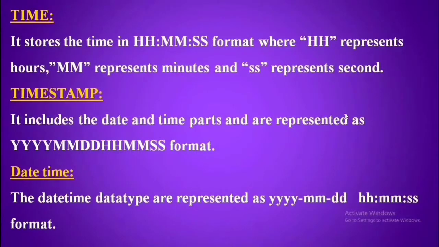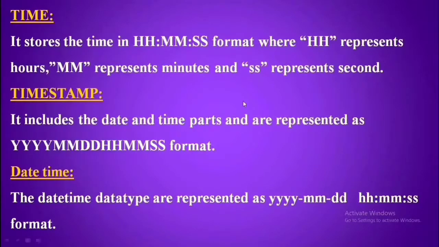Next, time. It stores the time in hours, minutes, seconds format, where HH represents hours, MM represents minutes, and SS represents seconds. Next, timestamp. It includes the date and time parts, represented as years, months, date, and hours, minutes, seconds format.